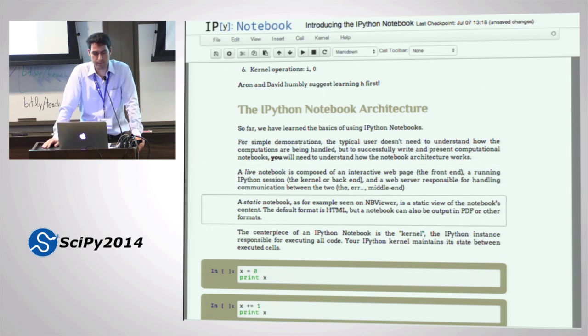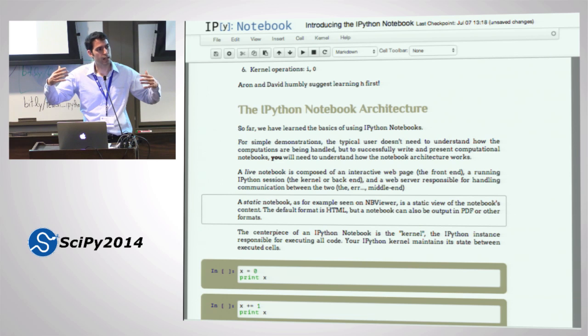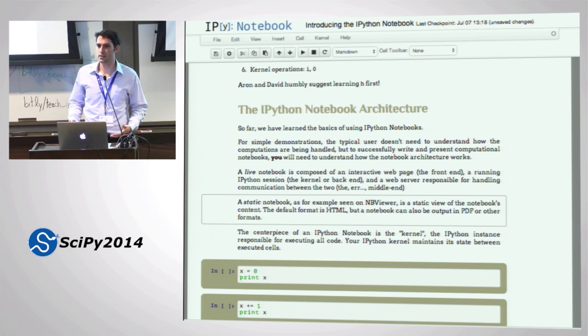So next is the architecture of the notebook. So far, I've told you that there are Markdown cells that are for presentation, right? They generate HTML. There's raw cells that don't do anything. There's header cells which help you structure your notebook. And then there are these code cells. Okay, what is the code cell doing when you press play?